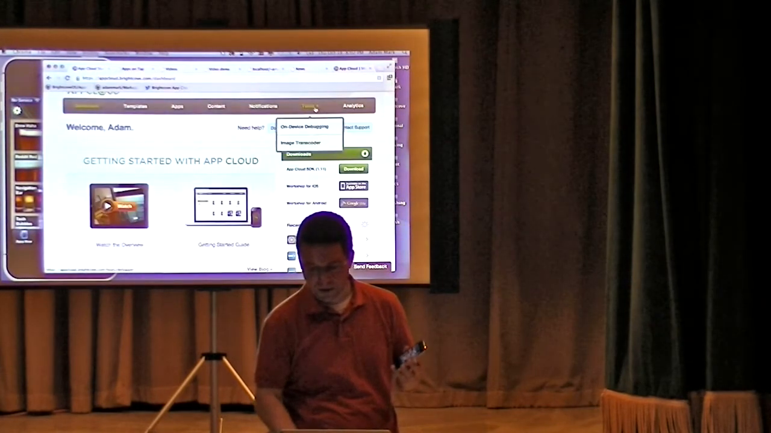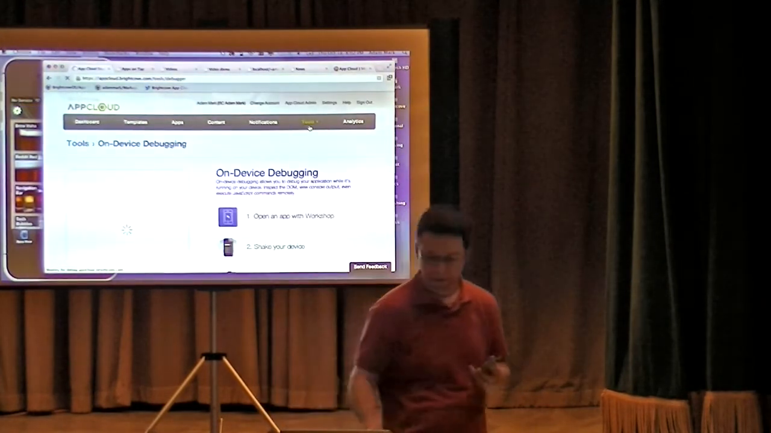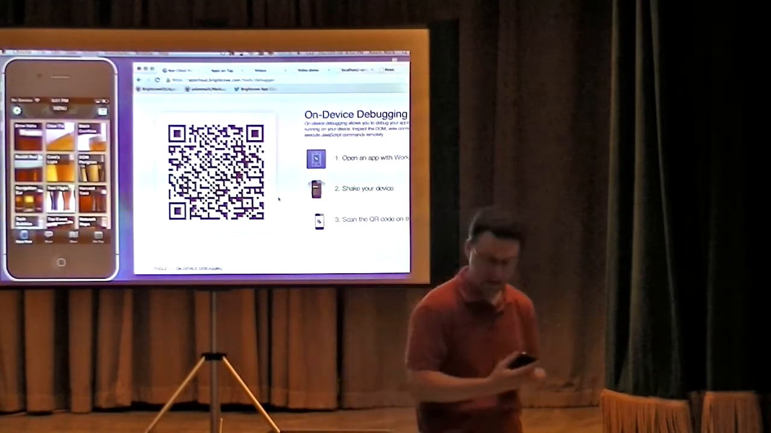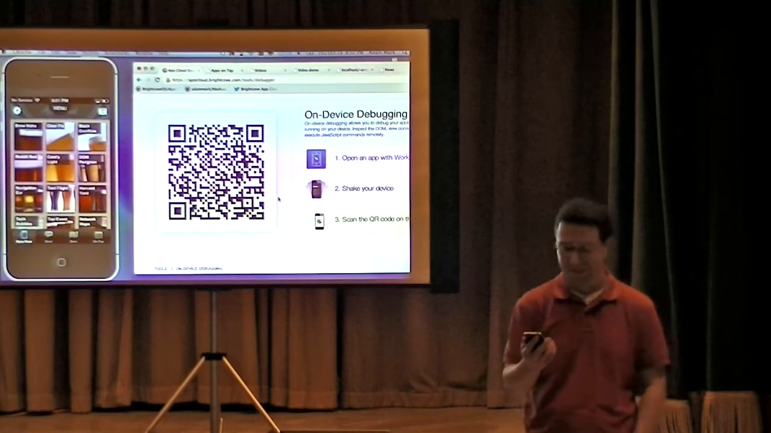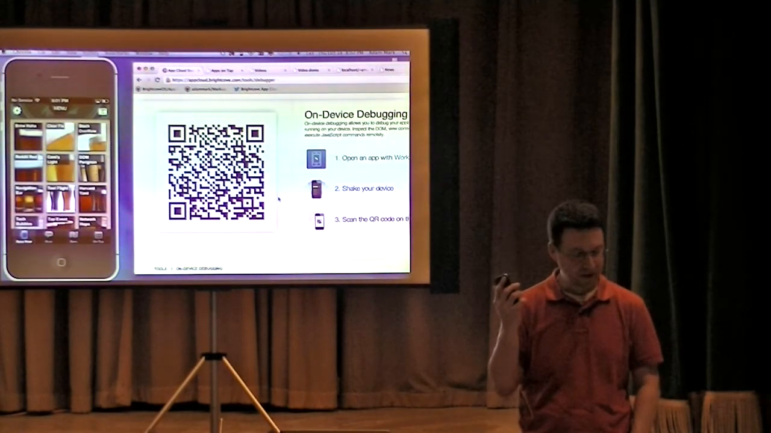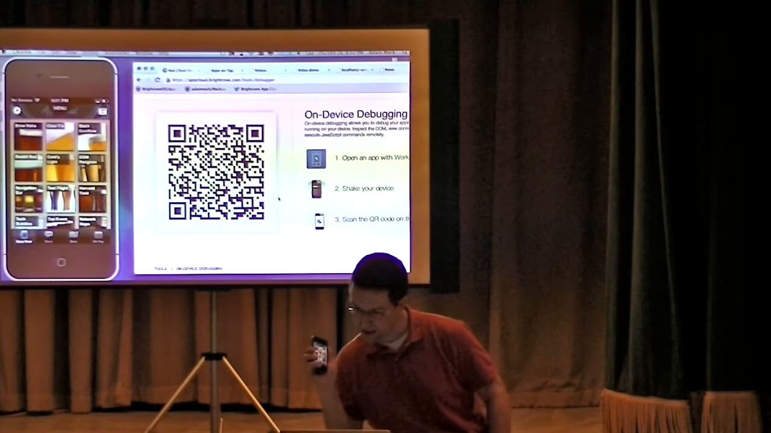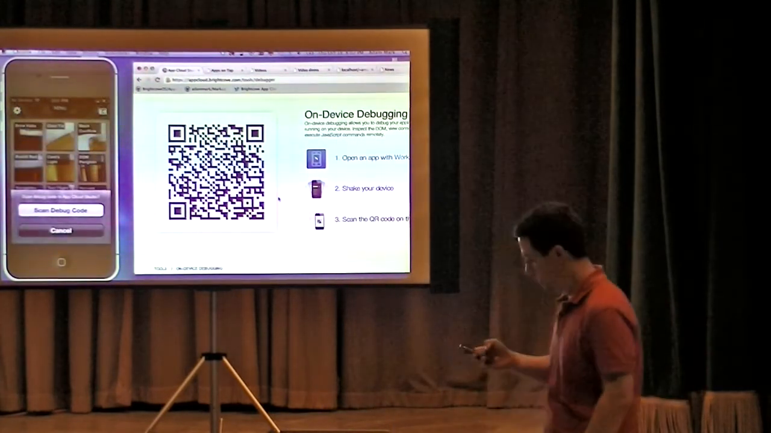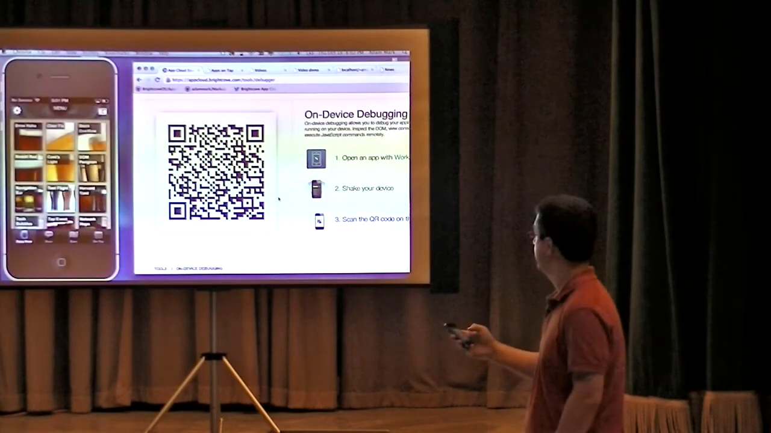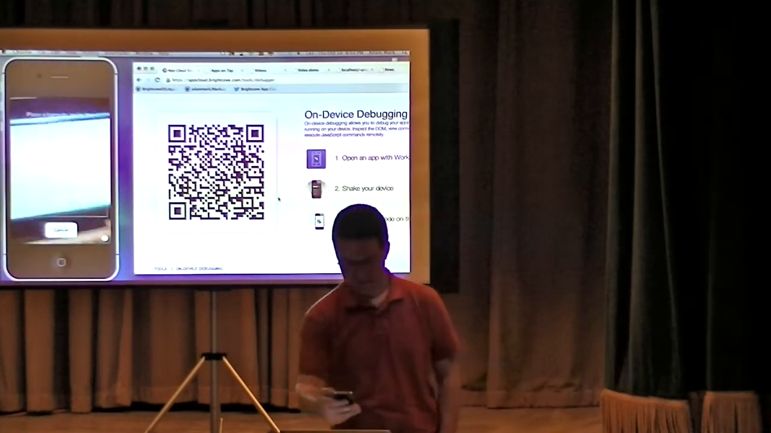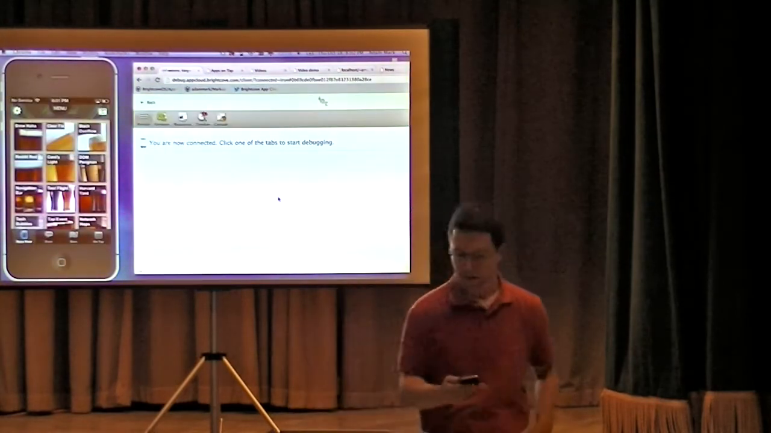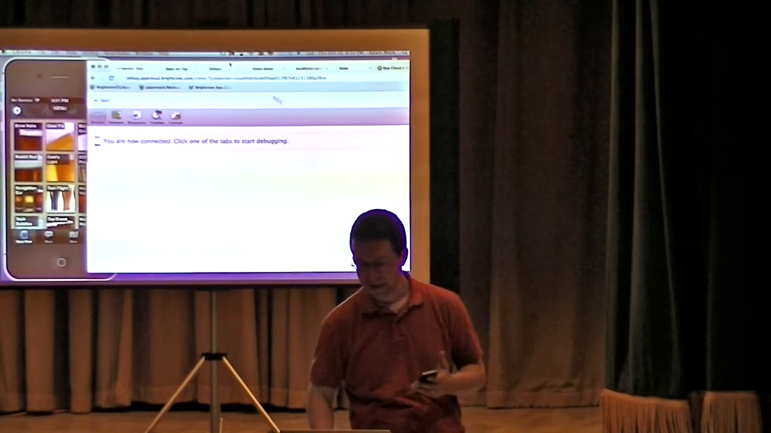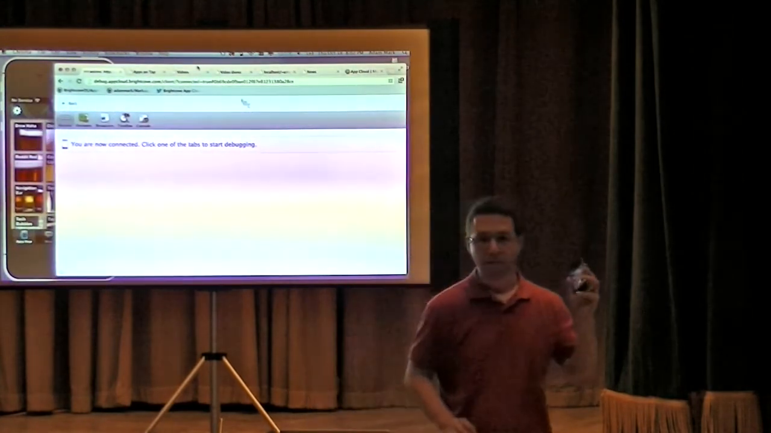I'm going to go to AppCloud Studio, click on Tools, On-Device Debugging, and another QR code here. I'm going to shake my device. It says scan debug code. Okay, I'm going to scan this code. Now I've initiated a remote debug session,